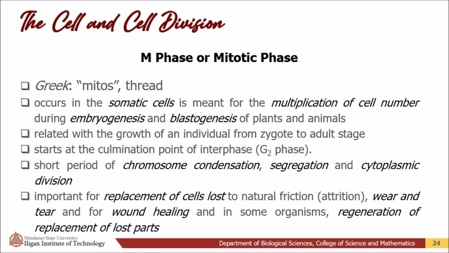The M checkpoint is also known as the spindle checkpoint. Here, the cell examines whether all the sister chromatids are correctly attached to the spindle microtubules. Because the separation of the sister chromatids during anaphase is an irreversible step, the cycle will not proceed until all the chromosomes are firmly attached to at least two spindle fibers from opposite poles of the cell.